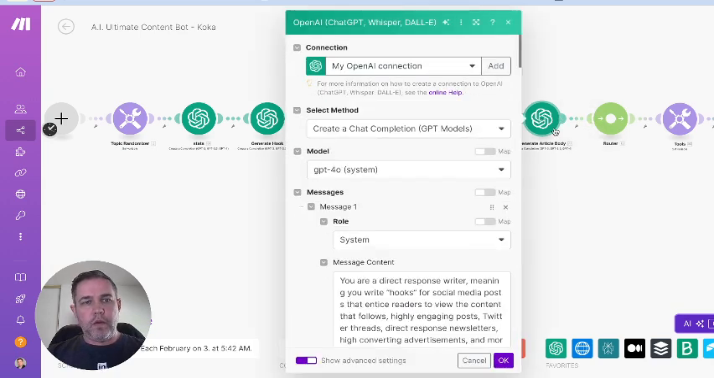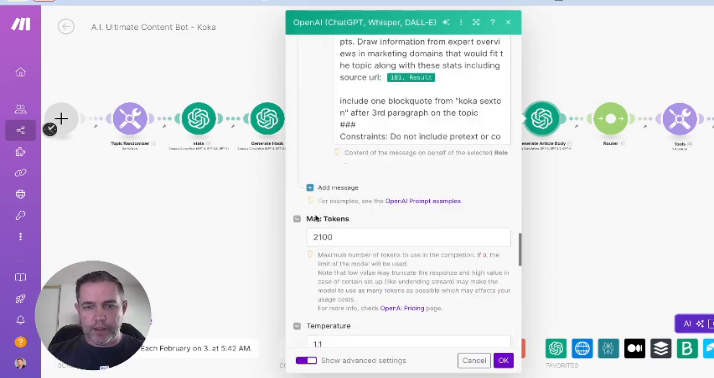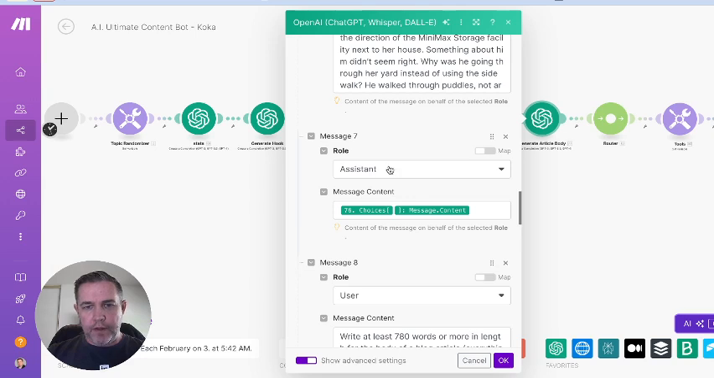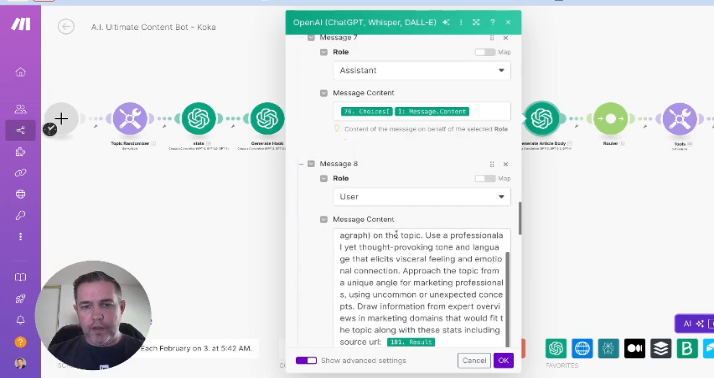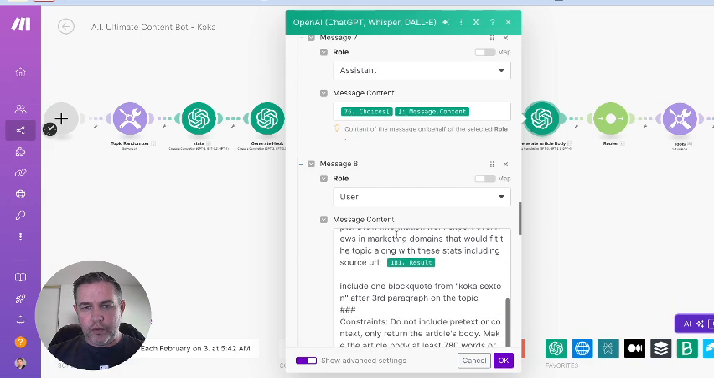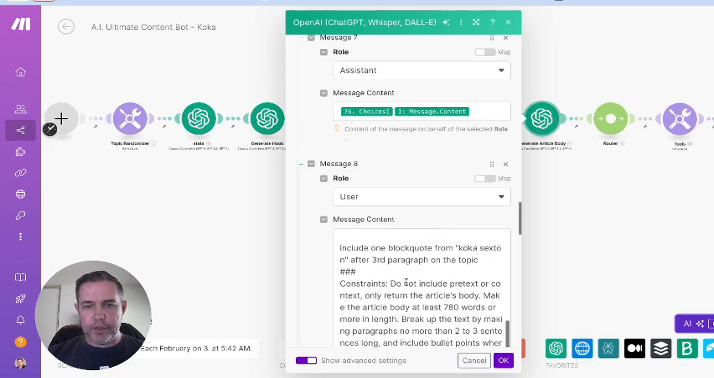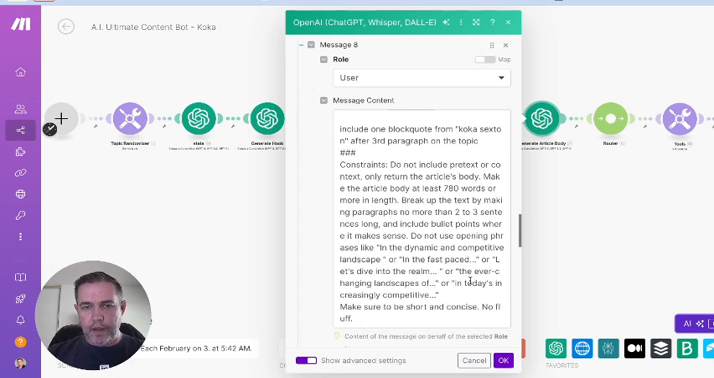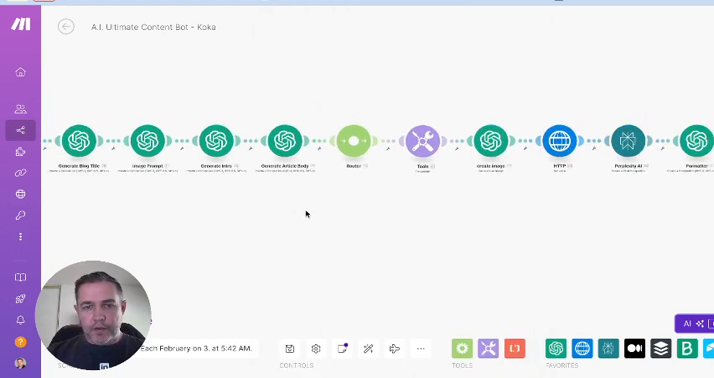So again, these are all prompts that you can customize based on whatever your use case is, but I have it set up that the assistant is pulling content from the intro. And then the prompt is to write a long article using sources data, and then add some block quotes and some constraints. So it writes the article, and then it goes into the next randomizer, and this is what creates